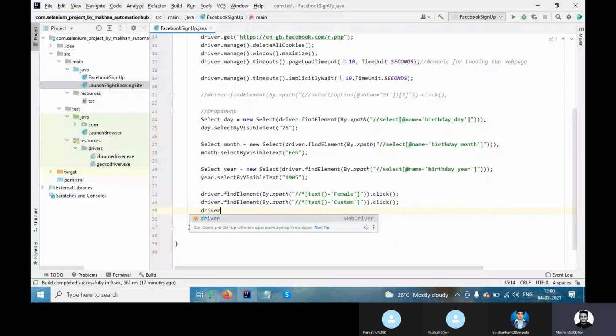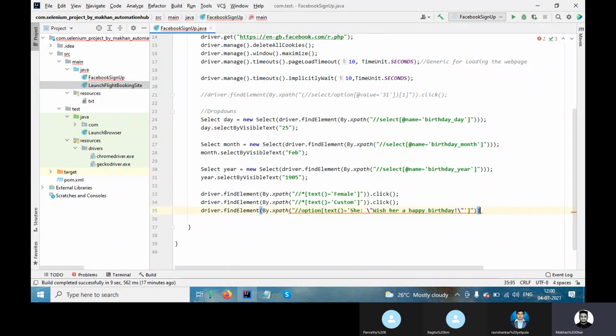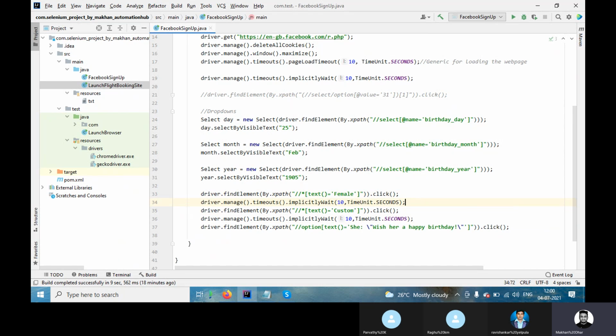Driver.find_element by xpath, and this is click, right? So I will use implicit wait, just implicit wait for 10 seconds. Keep it 10 seconds, but it will not wait for 10 seconds.